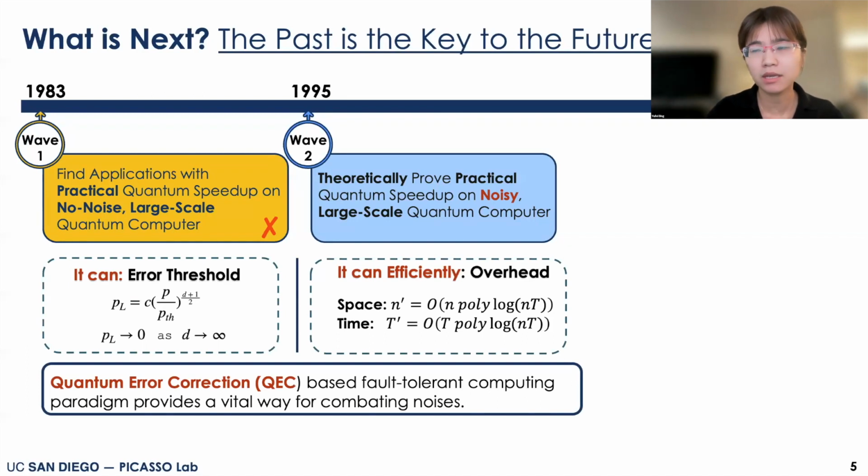The key enabler here is quantum error correction codes. The quantum error correction theory does not only tell us that if the error rate per gate or per time step is below a threshold, then we can have reliable quantum computers. It also tells us that the overhead of applying error correction codes is tolerable, especially for those applications with exponential speedup. And if your applications only show quadratic speedup, then maybe this error correction overhead could be a concern.